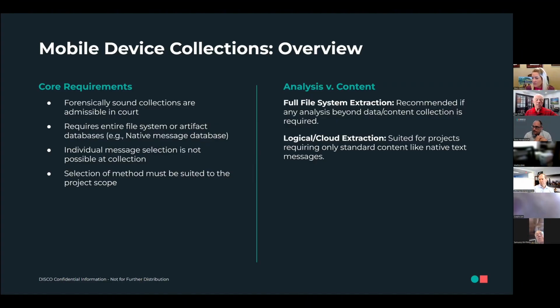Hey, David, what do you mean by native message? Native message, essentially your text messages from the phone that come natively on that device. So if you're talking about an Apple device, we're talking about iMessage. If you're talking about an Android, we're talking about the Message app, as opposed to a third-party app such as WhatsApp, WeChat, Signal, Telegram. Those types of things would not be the native messaging app.